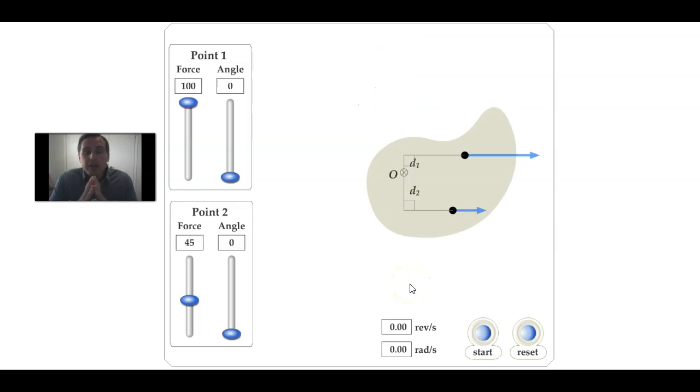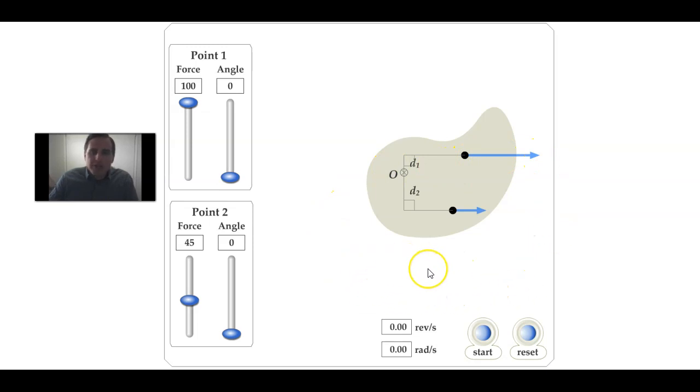What I have here is a solid body, and locations where I can exert forces, and I can change the angle. Notice that when I exert these forces, this D1 and this D2 are the so-called lever arms or moment arms of the torque. Compared to O, the location of the axis of rotation of the solid body, this torque should produce a